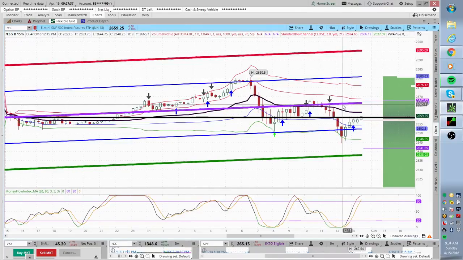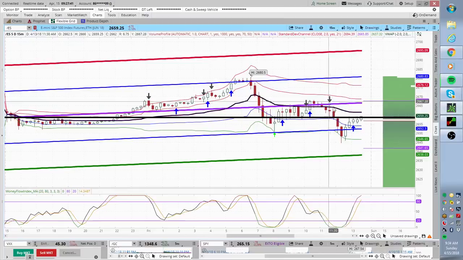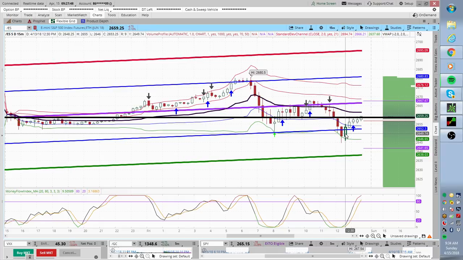After 10:30, 11 in the morning my time, I look for whether we're going to skyrocket or we're going to go ahead and collapse. And this is why you can just make good money every day with not big accounts. You can do this with binary options. You can trade options, or you can take positions in SSO and SDS and things of that nature. So those are your choices.